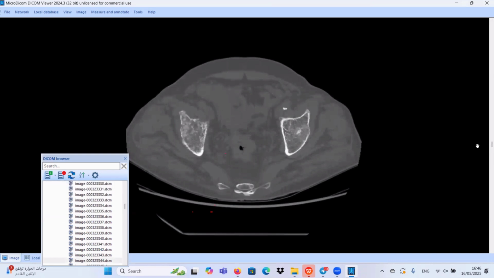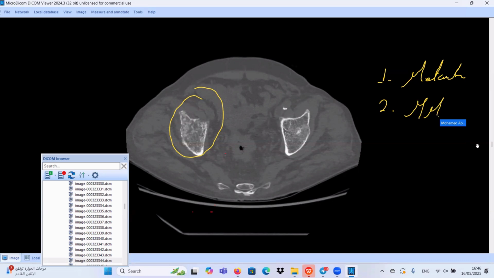Yes, as you said, here we have an aggressive, ill-defined, permeative lytic lesion. Permeative is a very specific term for this lytic lesion. And we have also cortical breaching. We don't have a sizable extraosseous soft tissue component, but I agree with you that the first logical thinking is metastasis. The second is multiple myeloma. Maybe lymphoma, and other aggressive lesions, fibrosarcoma, and all of these. But metastasis is one of the most common